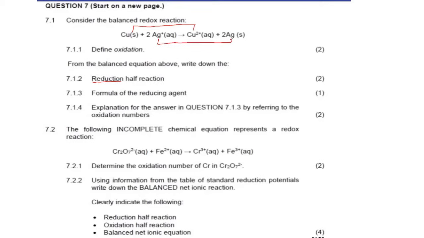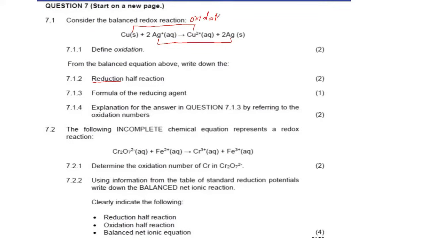So we know in terms of oxidation number, we say reduction is where there's a decrease in oxidation number. So reduction is the decrease in oxidation number, and oxidation is the increase in oxidation number. So looking at this, we can see that the copper here is from an oxidation number of 0. Remember, this is an atom like this. So an atom has no charge, right? It has an oxidation number of 0. And then from here, it has a charge of +2, which indicates that this is oxidation